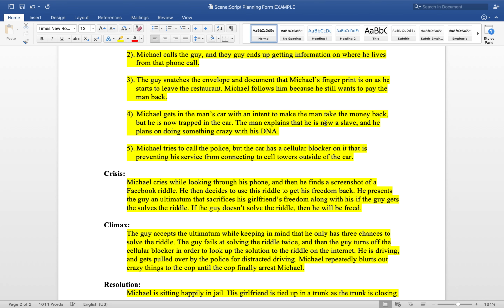So I think that's a great complication to just pile up on him, because you just fell into this trap this guy orchestrated for you. And so now the fifth one, Michael tries to call the police, but the cellular blocker is on. Yep. So they have a cellular blocker on the car that prevents those cellular signals from going outside of the car. So with that said, he's pretty much,